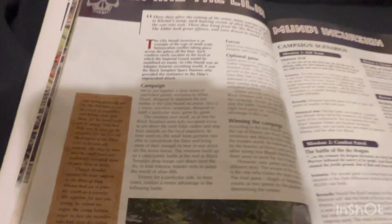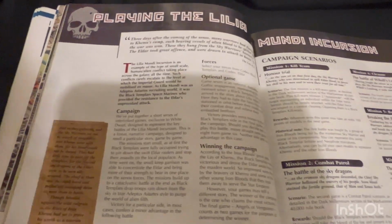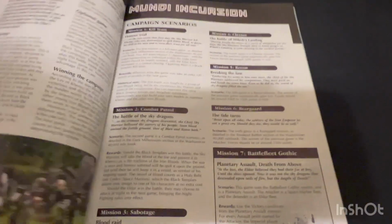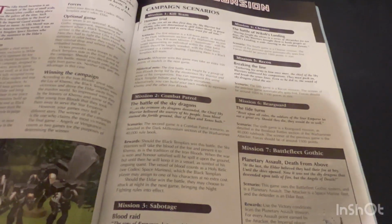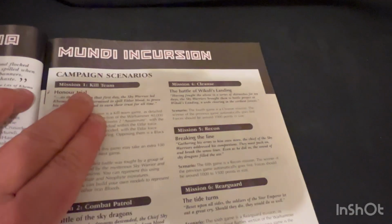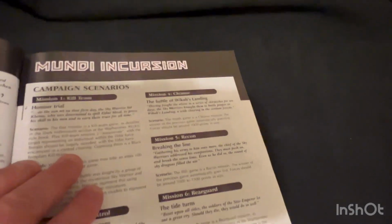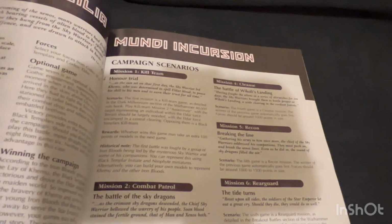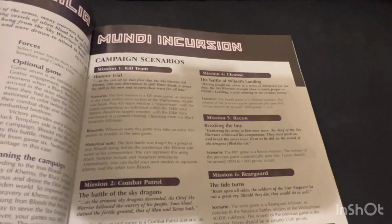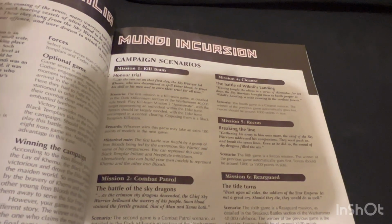So playing the Lilia Mundi incursion, it was a big campaign. It's far simpler than all the campaign stuff they've been giving us lately. I was basically just tying some games together to build to a crescendo in the final battle. So you start off with a kill team up here. Now this is different than the kill teams we know now, where it's team against team. This was sort of more of a Saving Private Ryan type thing,